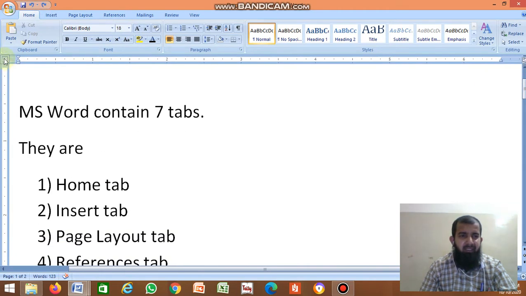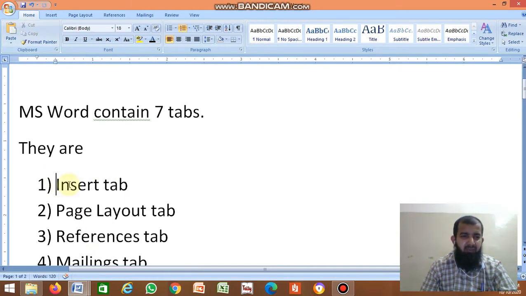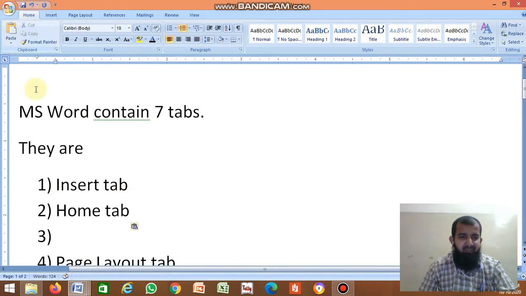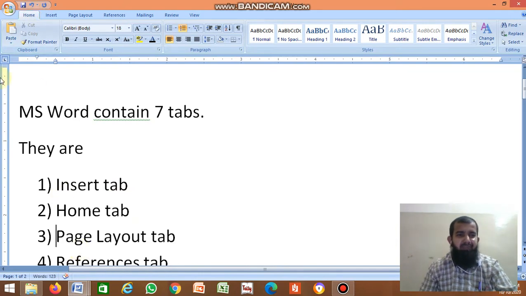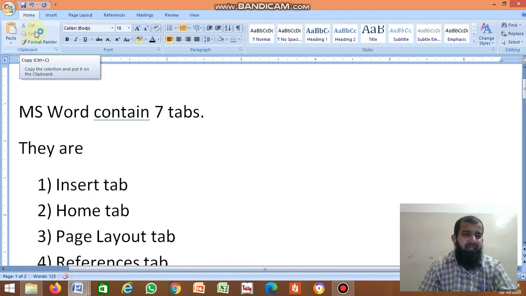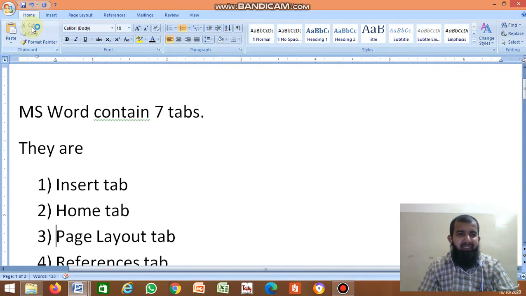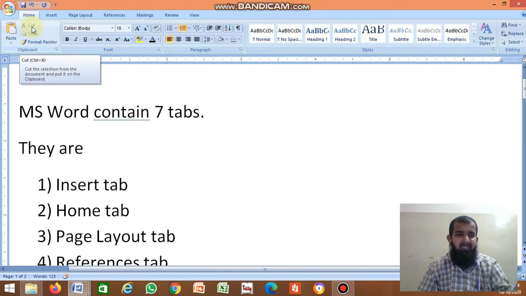Next, cut. Suppose you don't want this Home tab here. Select the text, click cut. The Home tab is not there. Suppose where you want it, you just place the cursor, suppose here, then click on paste. So it displays here. Paste is used when you cut or when you copy the text. In both situations you use paste. Copy, paste: the text is available in both places. Cut, paste: you move the text from one place to another place.